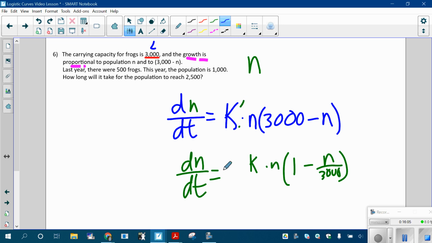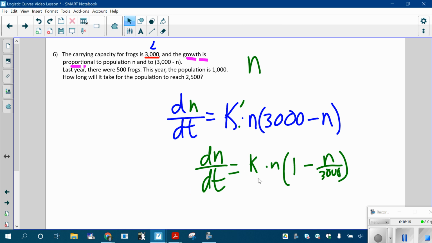Okay. So this is fitting a differential equation whose solution is logistic growth. I will say that again. They are describing this differential equation. This differential equation should be setting off alarm bells in your head. Oh, this is ky times 1 minus y over L, where L is 3000. This is a differential equation whose solution is logistic.